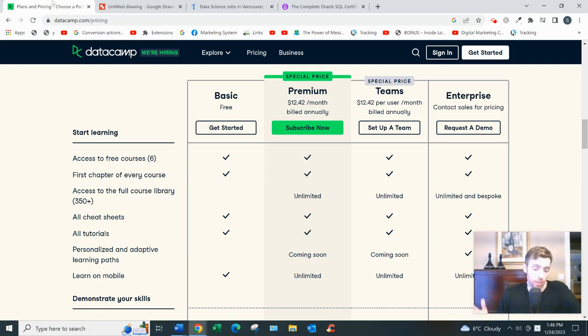So, my 2 cents. But look, maybe you're here not necessarily because you want to work in data science or data analytics, or work with data at all. Maybe you're just looking for a simple, reliable way to earn more money and break into that middle class lifestyle. And you think data is your golden ticket to doing that. Maybe you want to be able to work remotely, from the comfort of your own home, because I know a lot of people are interested in that. And a lot of these big old school corporations still aren't allowing that for some strange reason. But if you're just looking for a way to have a middle class type career,